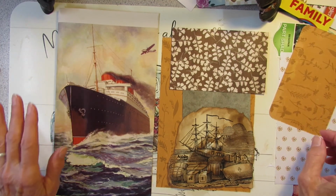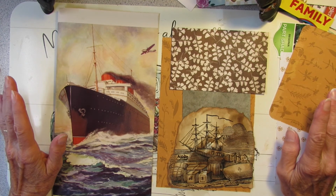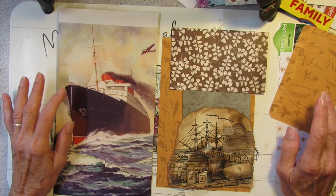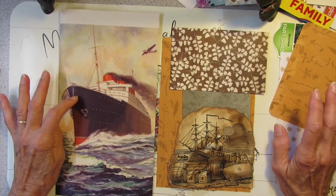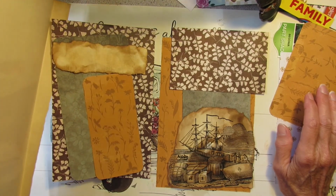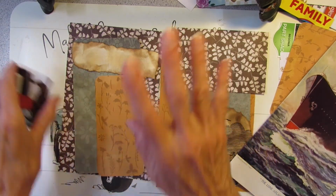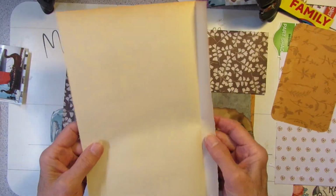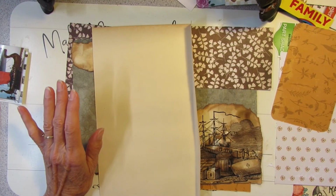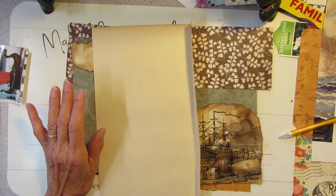And then I have the pictures, and I'm going to talk about his boat in just a few minutes. So what I'm going to do, I think, is to cut this down and then back the photos on something and arrange how I'm going to put them. Oh, and then I thought, well, maybe I should line this with something since this paper is like 90 years old, 80 years old, something. And I found this,